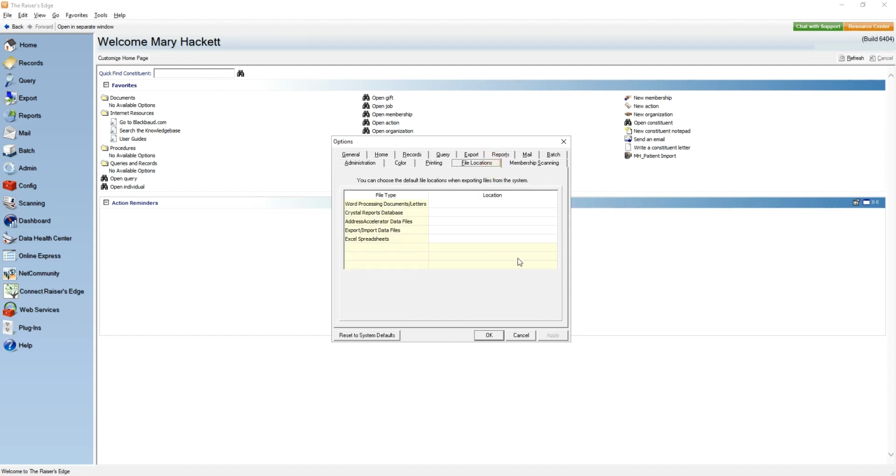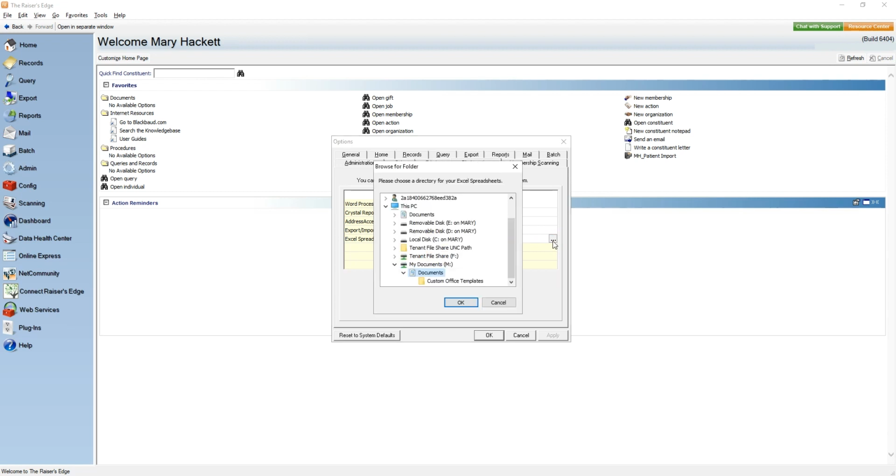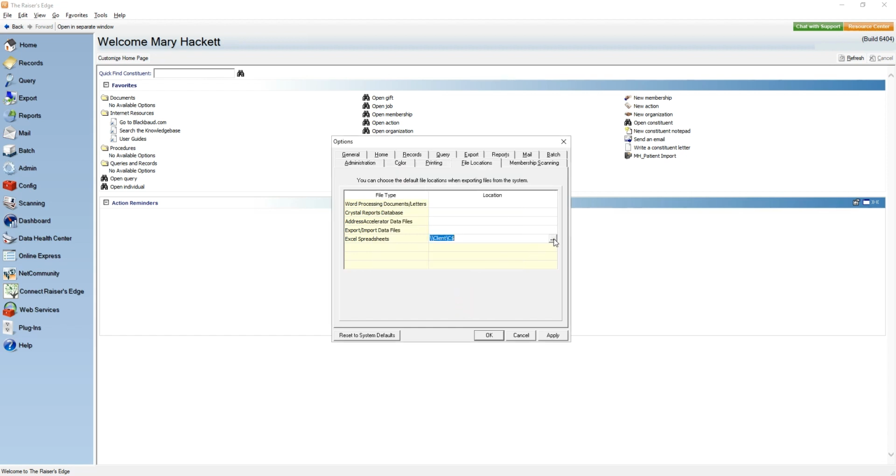And lastly, and this is so huge, it shocks me how many people do not use this. When you go to export data from a query or an export, you have to go through this whole rigmarole of choosing, well, here, I'll show you. So let's say when I want to download Excel spreadsheets, what I like to do is just save it on my desktop. So instead of doing this every single time,